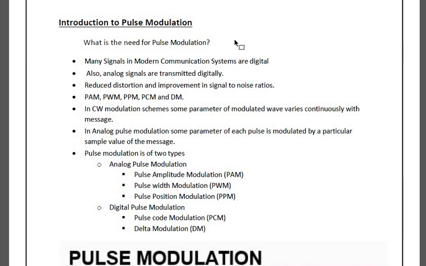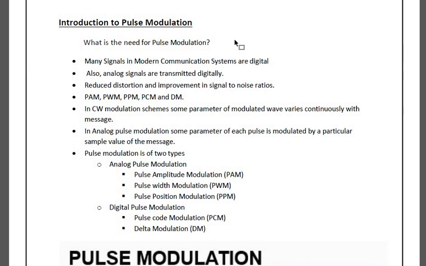Pulse modulation schemes are nothing but your pulse code modulation, differential pulse code modulation, and delta modulation. There are different pulse modulation schemes that you will be having. So we should not treat pulse code modulation and digital modulation as the same. When you are having the digital modulation techniques, you have to write about amplitude shift keying, phase shift keying and frequency shift keying.